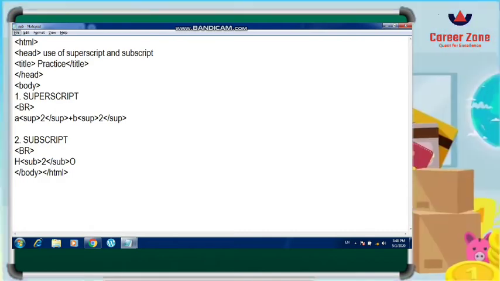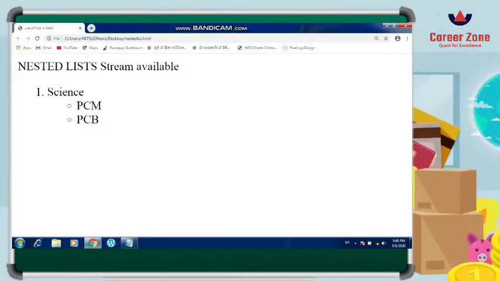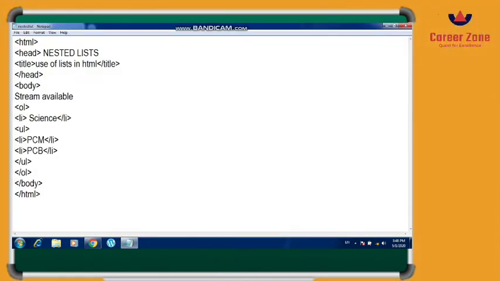Okay, if you want to change anything, suppose I want to write the start and type values. Suppose I want to give the type as Roman numerals and start as 1.